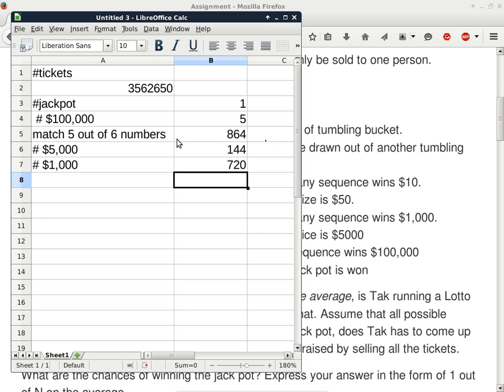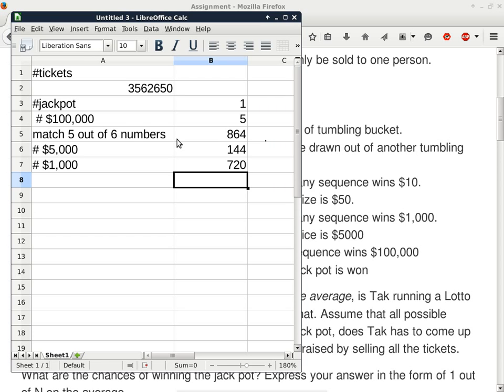Yep. Also, over here for a second, the 864 with the... Say again? So we didn't really need to do the match 5 out of 6. We could have just done the 5,000, 1,000 if we could have just skipped to those, right? Say again? We could have switched straight to the 5,000 and 1,000 calculation, and then instead of having to do the 864. Oh, you don't have to do the 864.